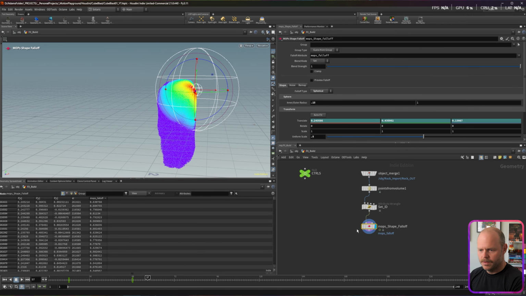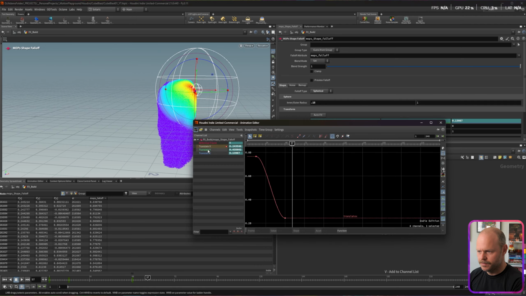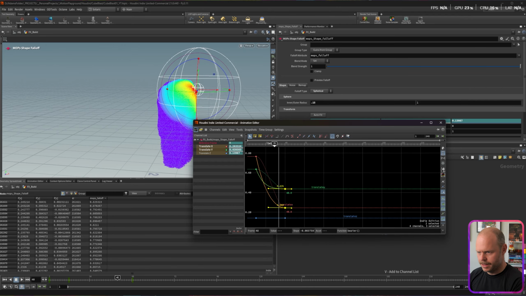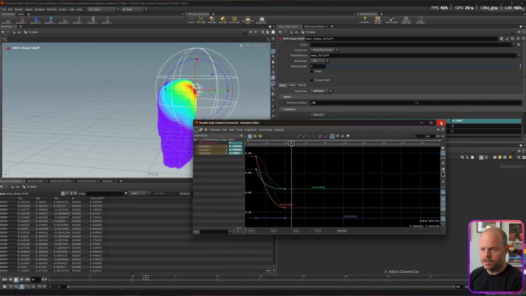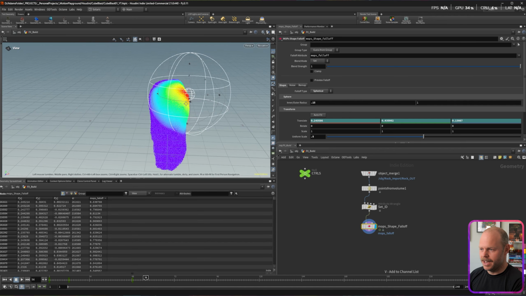okay, cool. And now while holding that, if I press V, it's going to bring up our animation. And if I just grab all of these, you can see nothing's happening on the Z. So let's just grab these. And then these guys, I want to be like that. So now if I press play, I think that works. Doesn't need to be this complicated thing ever, but all we're doing is just animating this